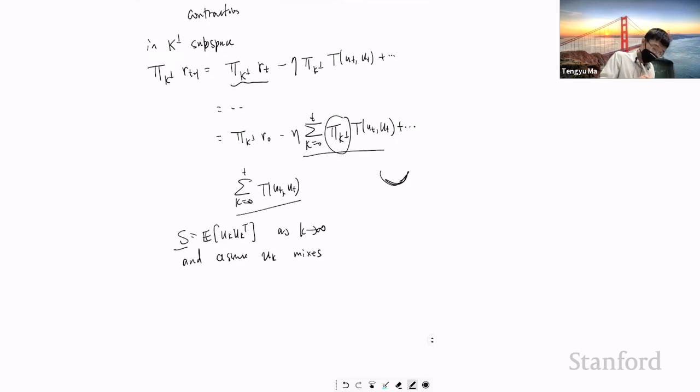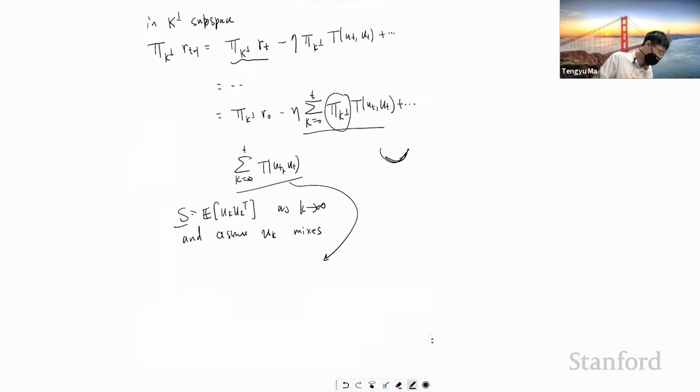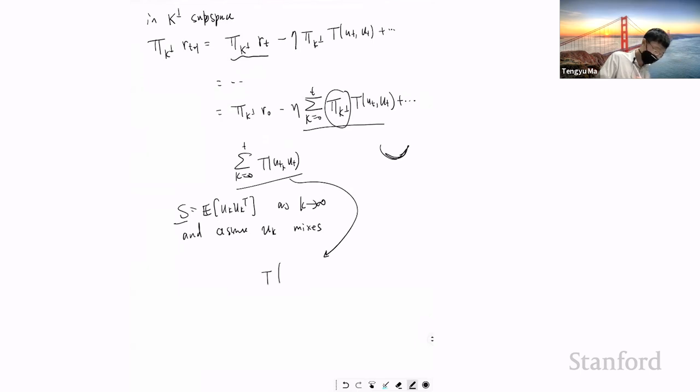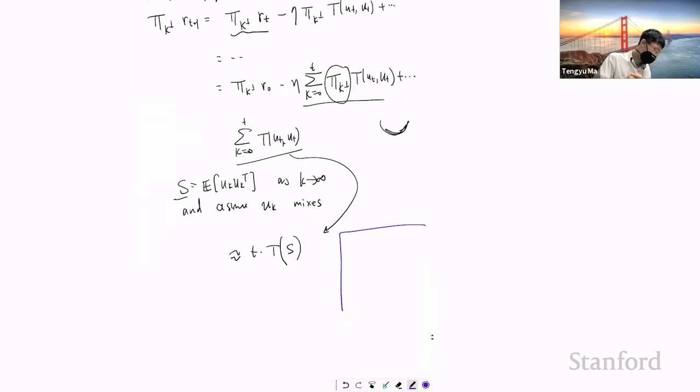And then this one, you can rewrite this as, in some sense, roughly equal to little t times the T applied to the expectation of U_k U_k transpose, or maybe with S. So what I'm doing here is that suppose you have some variable U drawn from a Gaussian with covariance S, then the expectation of T(U, U) is equal to T of